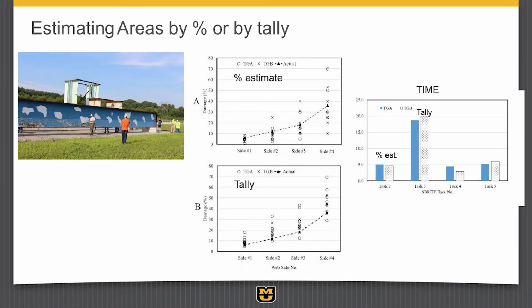And so the percentage estimate has some advantages, but if you look at the spread of it, we looked at the damage percentage on these and we got answers from inspectors. Each of those little blocks is an answer from an inspector, right? So one inspector said, well, it's about 70%, and another inspector said, well, it's about 10%. And so that's about as much variation as you could possibly have, right?